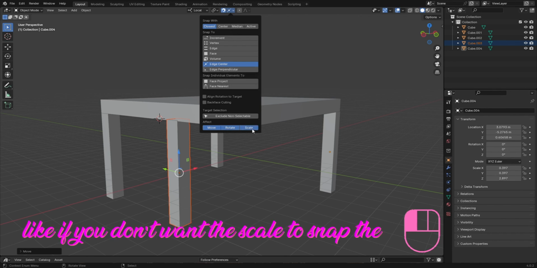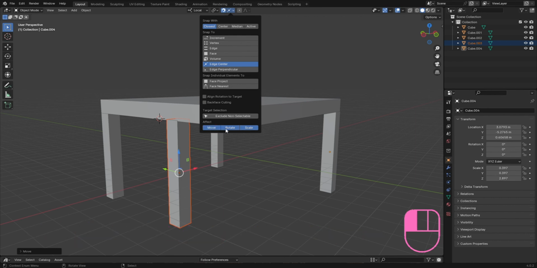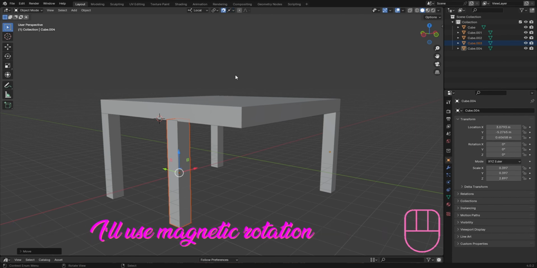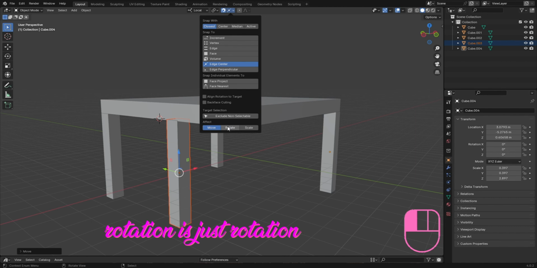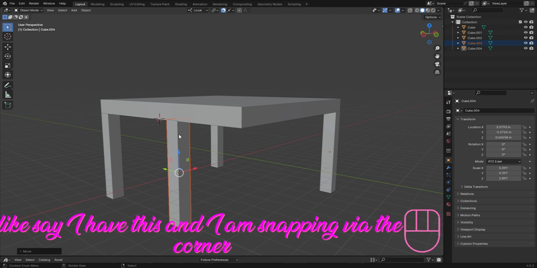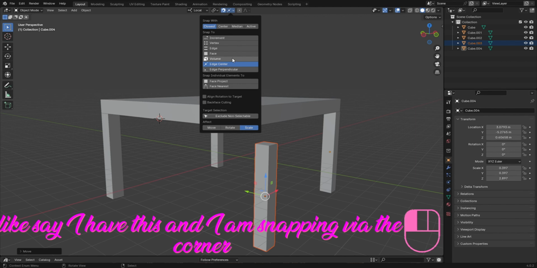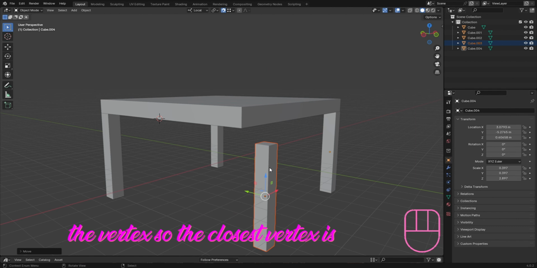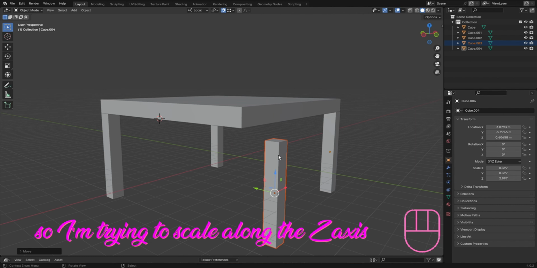If you don't want the scale to snap, I've shown you for movement, let me show you for rotation. It's the same thing. Whether I want to rotate and it stops at a corner, I'll use magnetic rotation. So let us go over scale, because scale I feel is fun. Rotation is just rotation. Say I have this and I am snapping via the corner, the vertex. So the closest vertex is, we have this one. No, we have that one. So if I'm trying to scale along the z-axis,